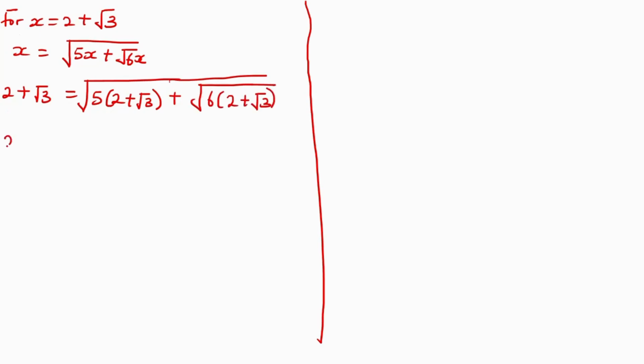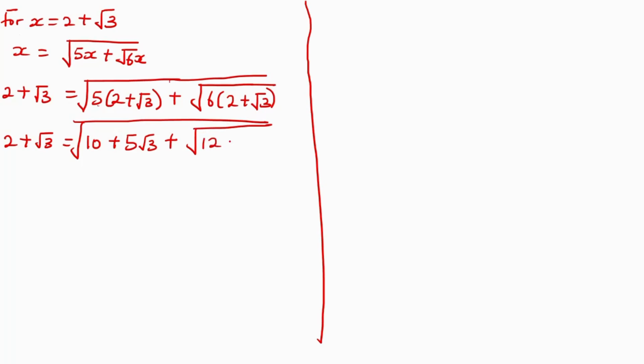Okay, so we have that 2 plus the root of 3 is equal to the square root of 5 times 2, 10, plus 5 times root 3, we have this to be 5 root 3, plus the square root of 6 times 2 is 12, plus 6 root 3. So we have this right here to be this. So from here we know that 2 plus the